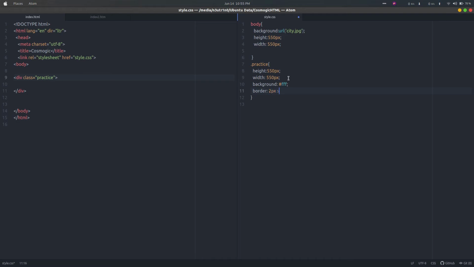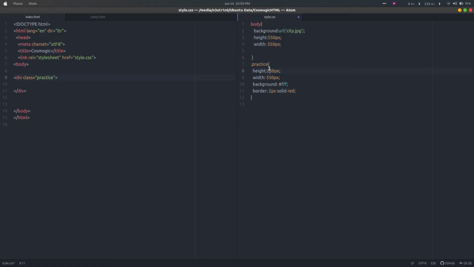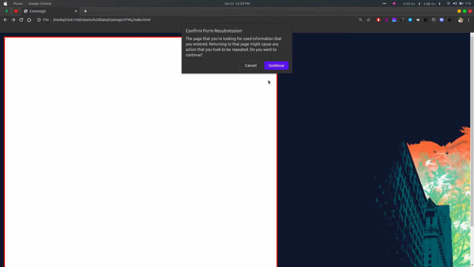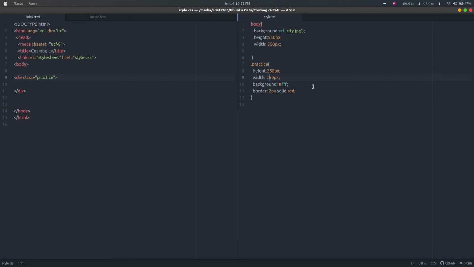Border 2 pixel solid, which means a solid color, and for the color I will use red. You can give hash ff any color, hashtag value, RGBA also works here. Refresh the page. Let me shorten the size here, 250 pixels, here also 250. Save it, refresh it. You can see our box is created with 250 height and 250 width, with red borders of 2 pixels and a background of white color.